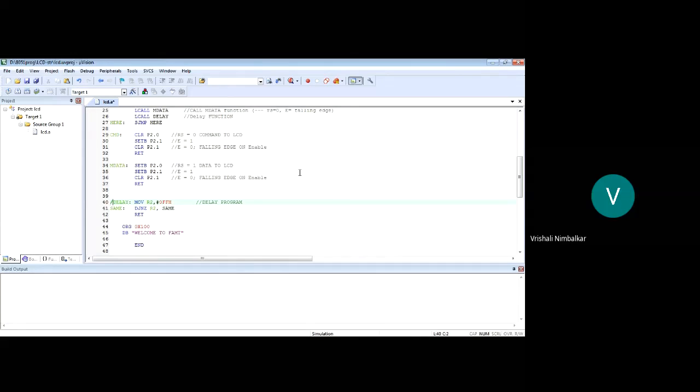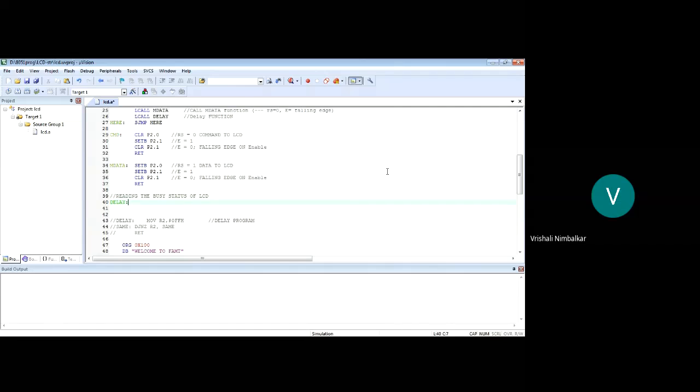Let me just comment this program. Okay, students, and let us write the delay program. And in what way we will be reading the busy status? So let me give the same name to the function, delay. Is that okay? Let me write the delay program in some another way. And what is that another way? Another way is reading the busy status of LCD. We will write it reading the busy status of LCD.